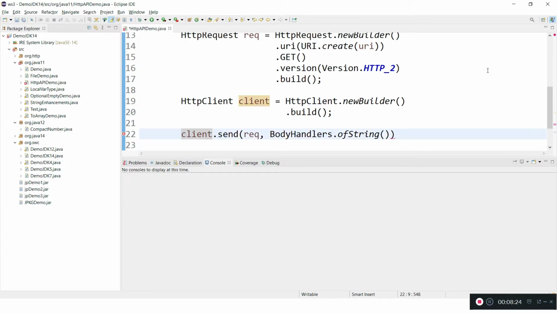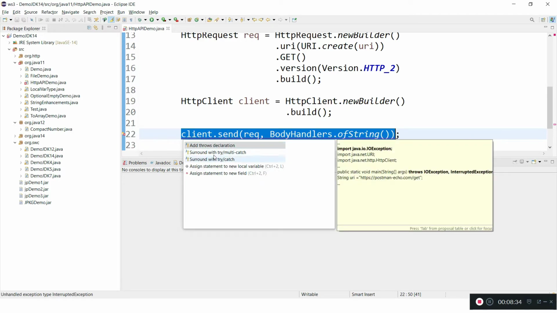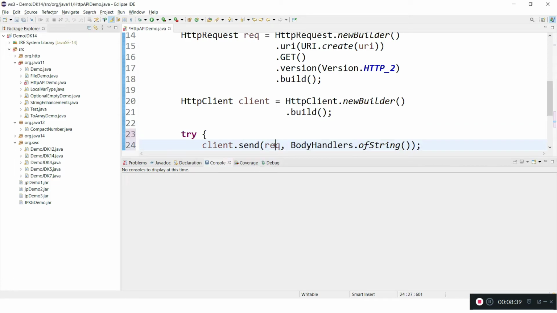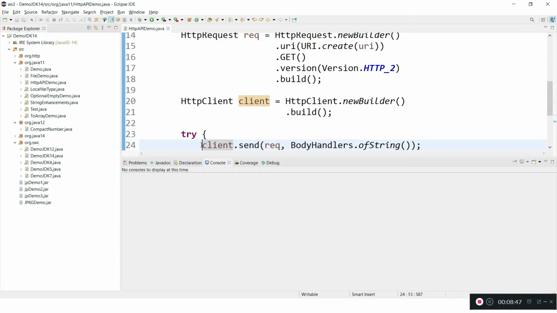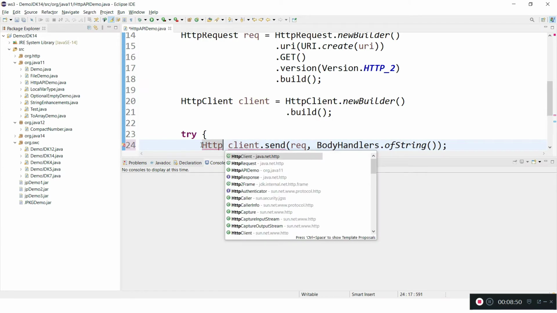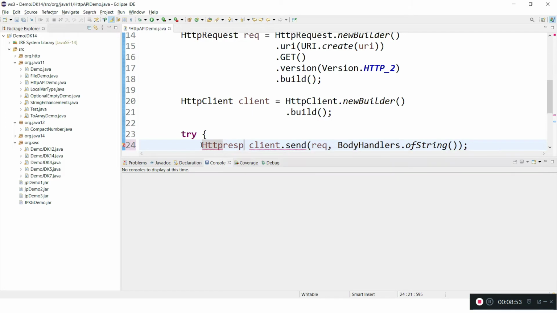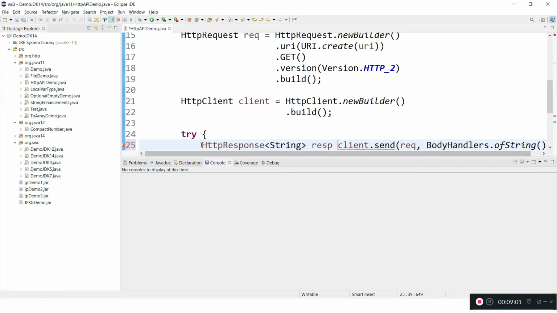and yeah, we can see if there are any other things we have to set. I think this is pretty much it. And here we have to handle this exception, so I'm starting with the try catch. Here this send method will give the response object. See here HttpResponse. So we have to get the HttpResponse to evaluate the response object, and the response we are expecting as a string. So let me take this string, and this is a response catching.